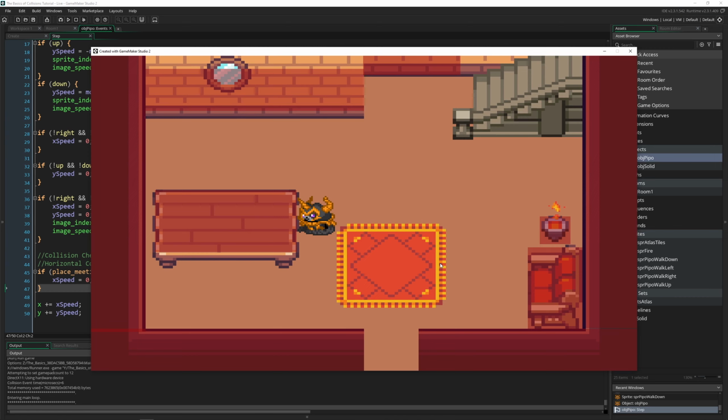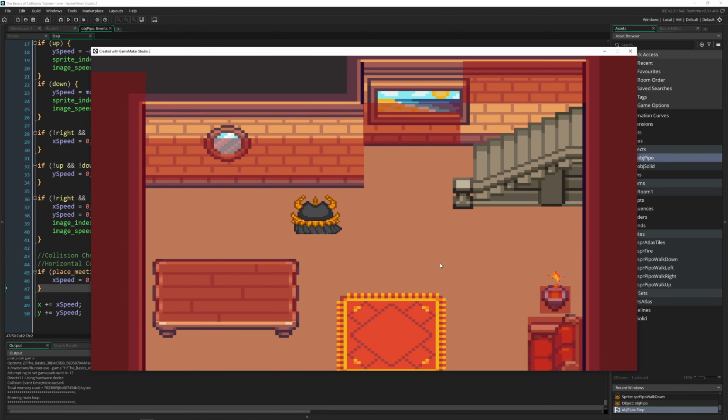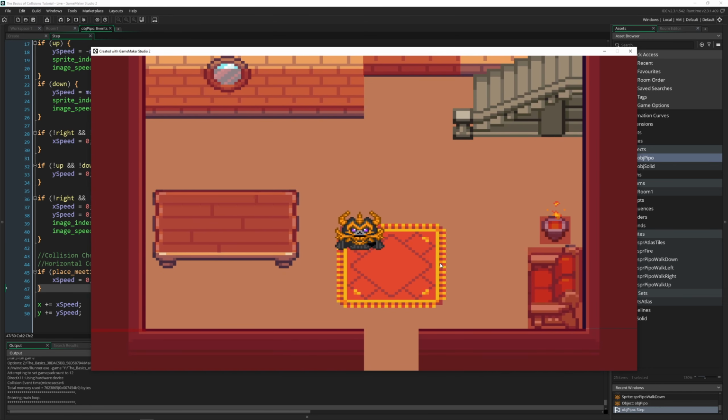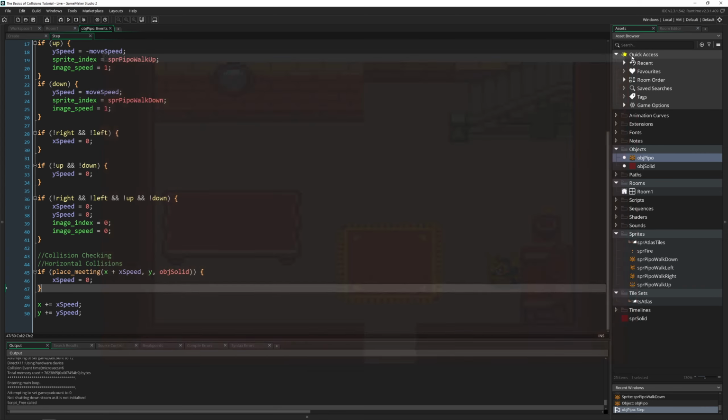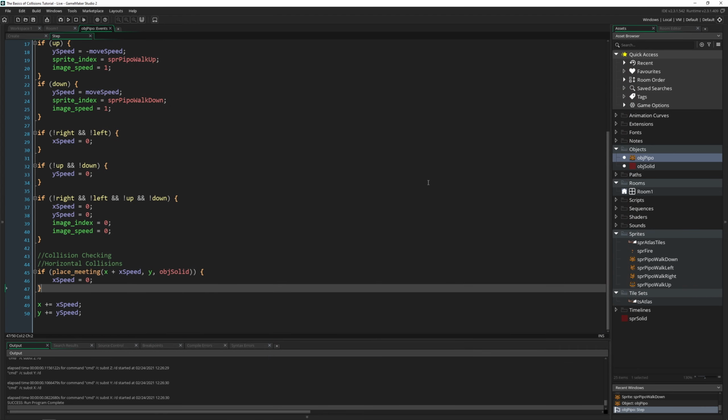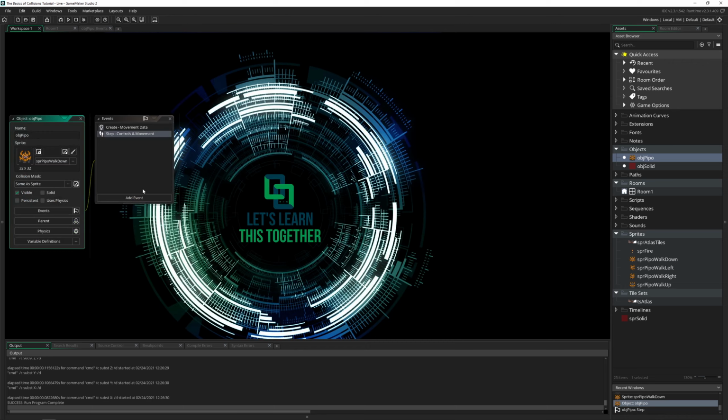So let's run into the table. And there we go. But when I try to move right, I can't actually move out of here anymore. If I move up, I can because we're not doing collision checking there. But we seem to be getting stuck, and you can kind of see it, we're getting stuck inside of here. So a quick way to check this out, which I do all the time, is by adding a draw